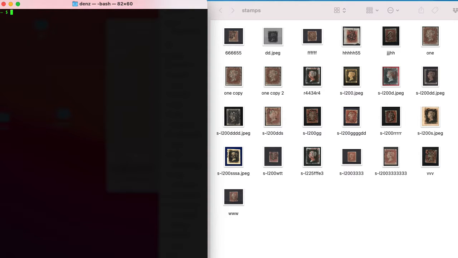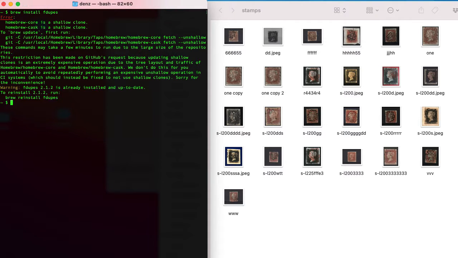First step, you need to install fdupes. Brew install fdupes. I already installed it, so I don't need a new version. Then